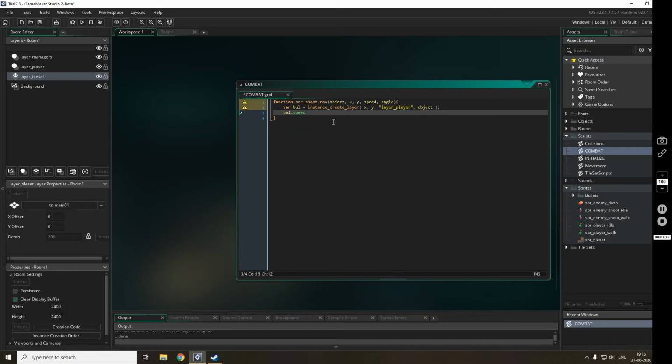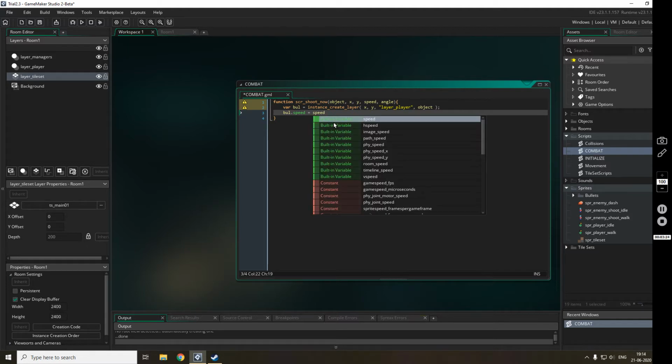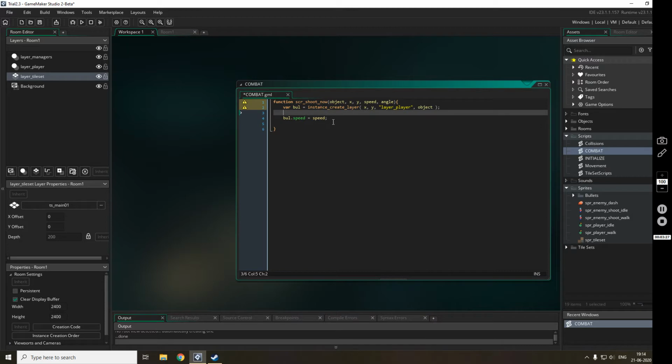Now I will be assigning the speed of the bullet as the speed that I receive. Or maybe I'll do one thing, because this was giving some problem yesterday, which it should not. Maybe there is some bug in GameMaker or something. So I'll go the other way. With bull, speed is equal to speed. Okay, but how do I reference this speed? So I'll name it bull speed. So speed is equal to bull speed, and then direction is equal to the angle in which the shooting will be done.